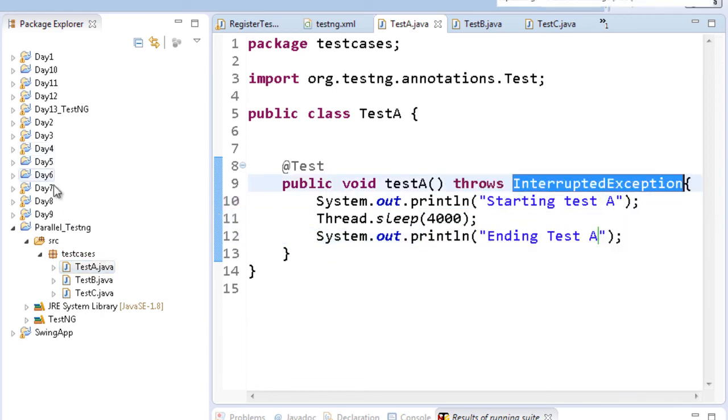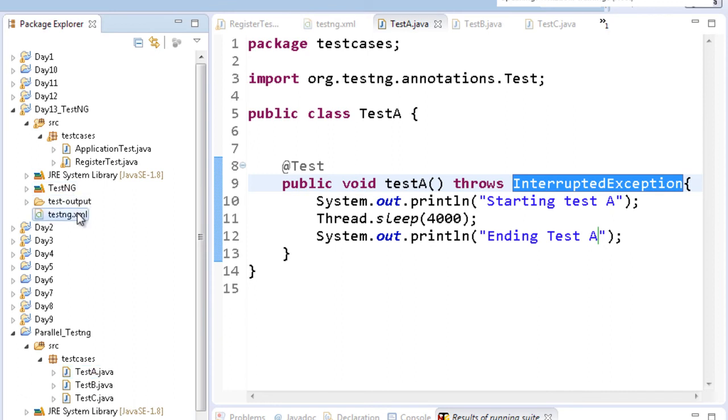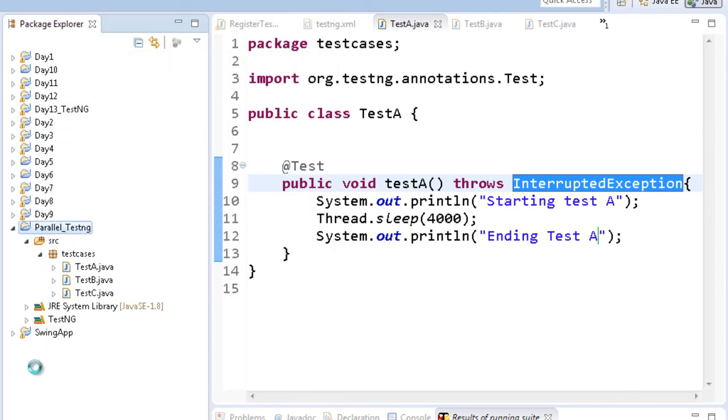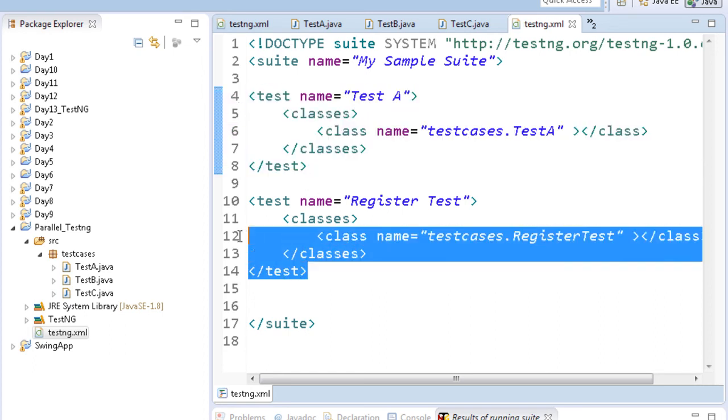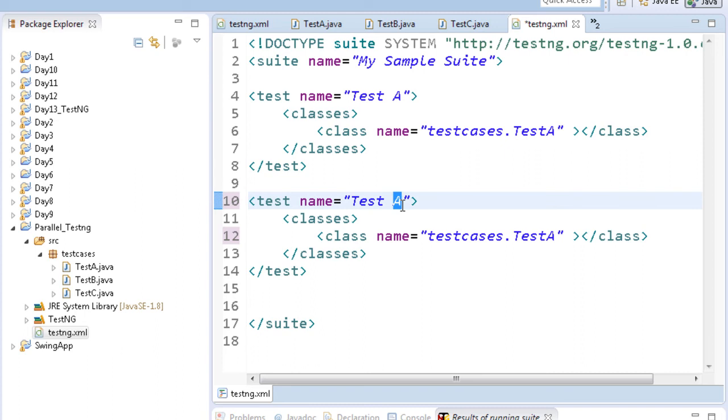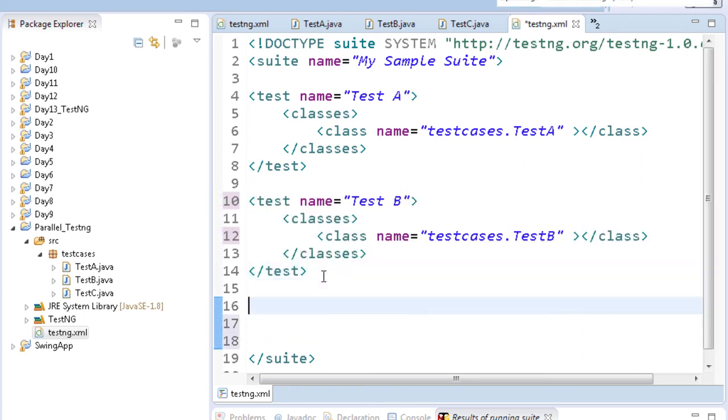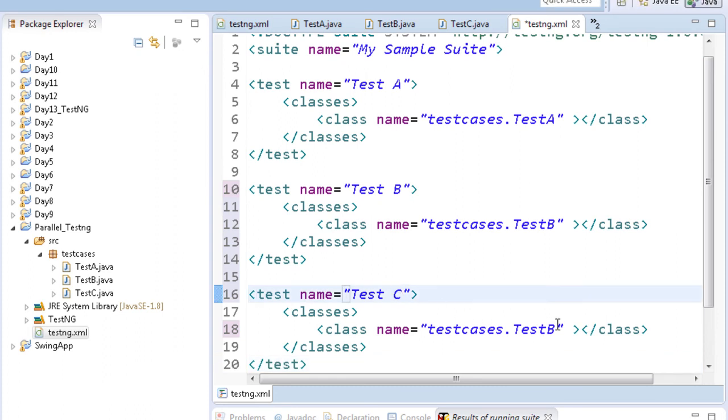I will put the testng.xml file for batch running inside this particular project, copy and paste it. I will mention that this is my test A, testcases.TestA. Similarly TestB, testcases.TestB, and TestC, testcases.TestC.